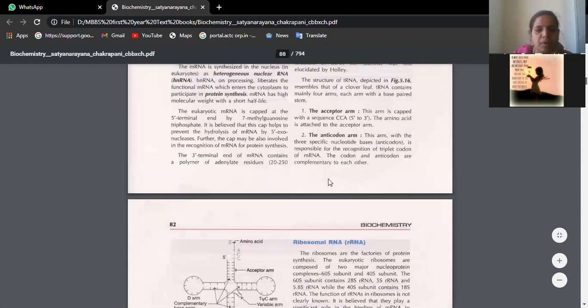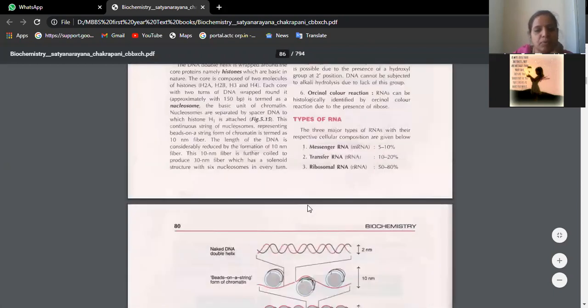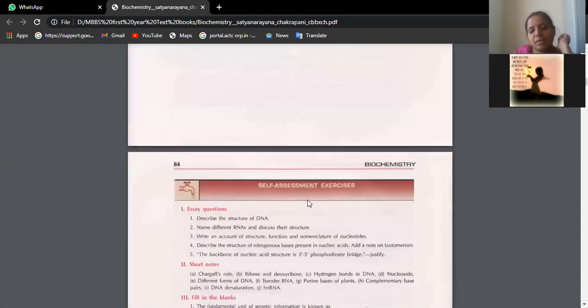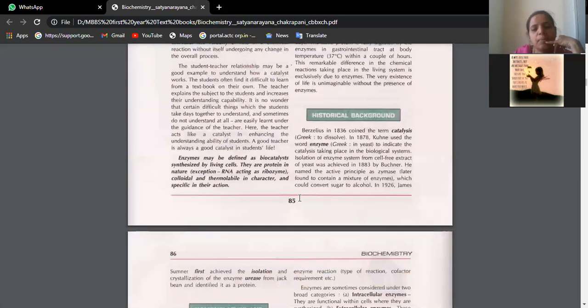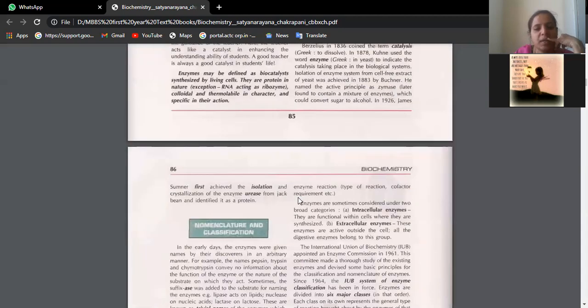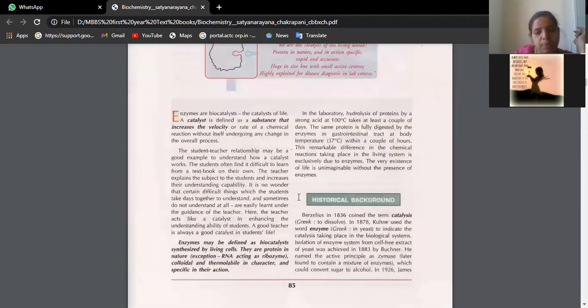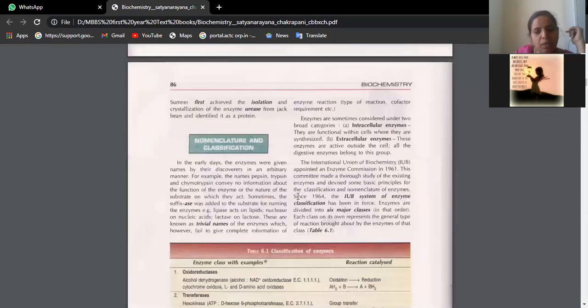Okay, first of all, what are enzymes? You have to give the definition. Enzymes are nothing but biological catalysts, isn't it? Which help in speeding up any metabolic reaction. Okay, so that is basically an enzyme. Now what is the difference between enzyme and proenzyme?